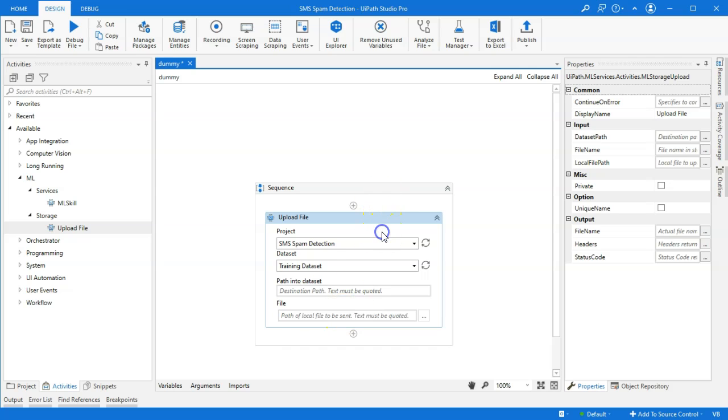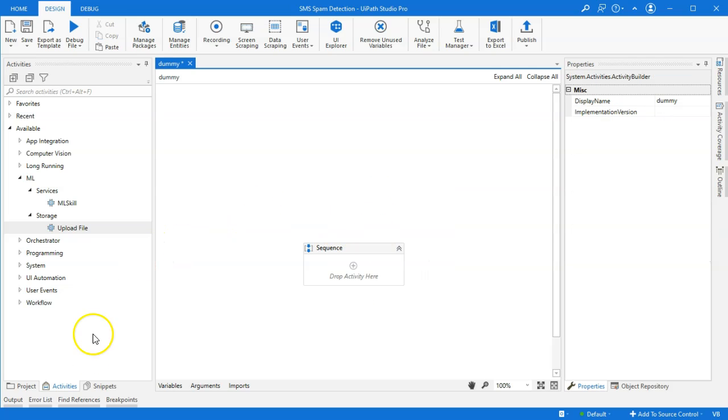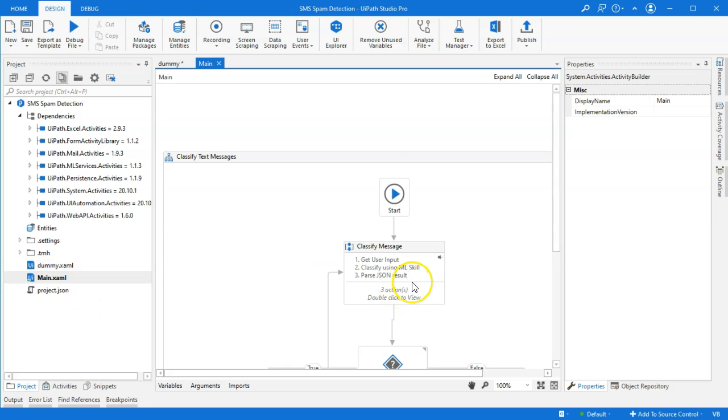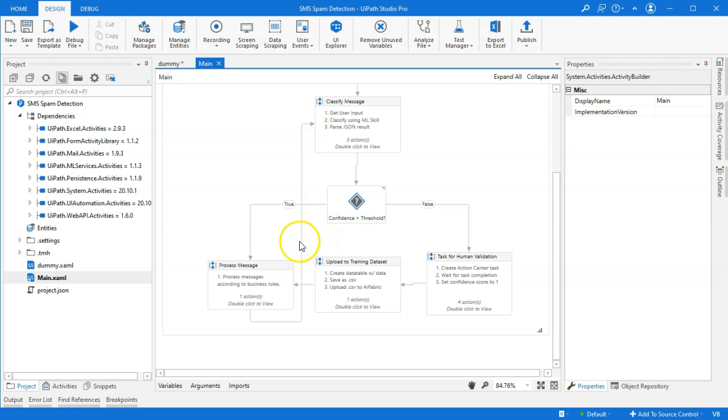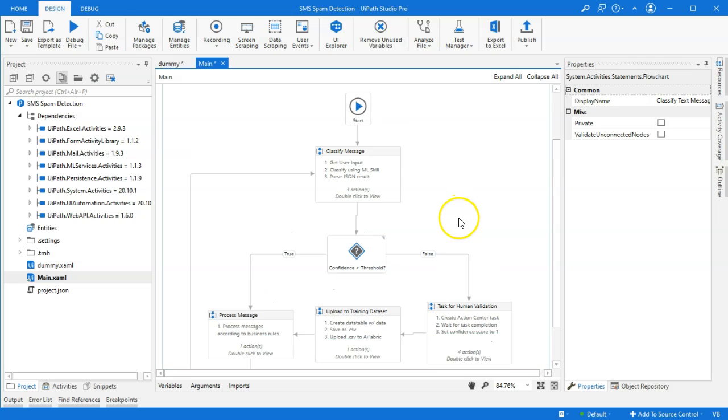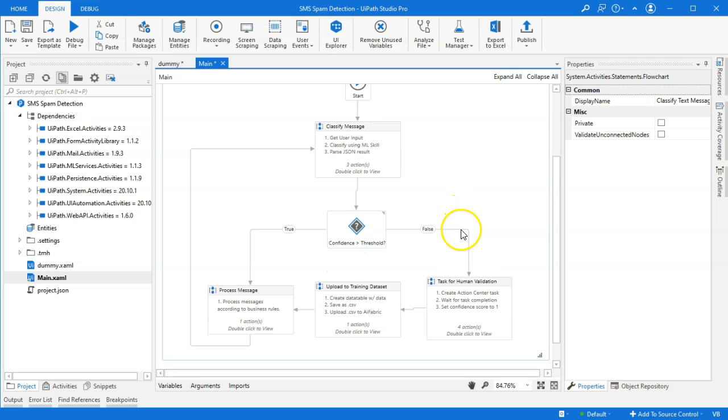And I'll use these two activities in a project that will open now to have a look at. So here inside the main SAML file, I have this project, and let me just clean this up a little bit. There we go. That's just my OCD talking. But this has four main groups of activities: classify message, task for human validation, upload to training dataset, and process